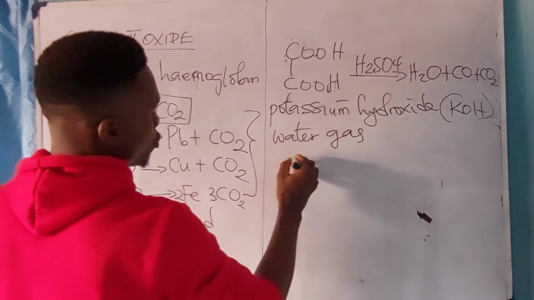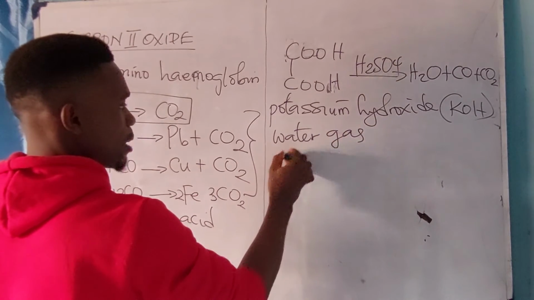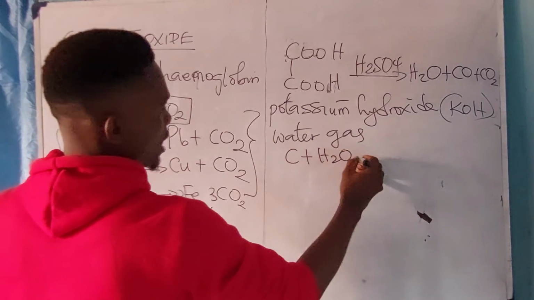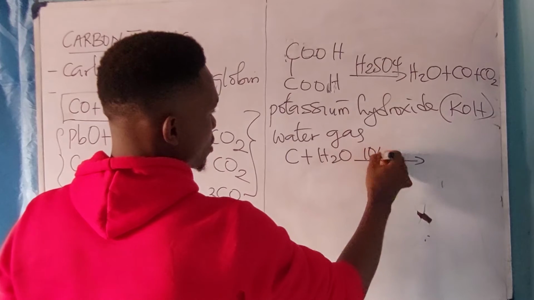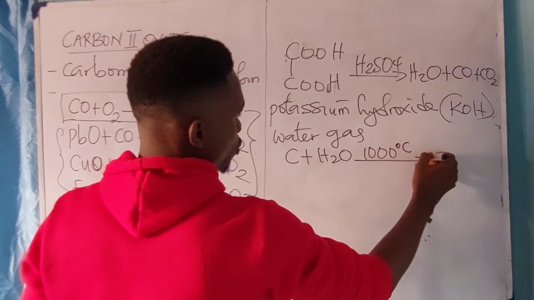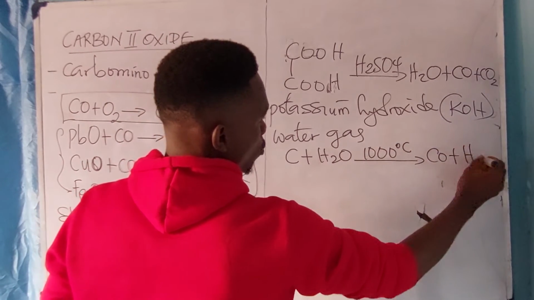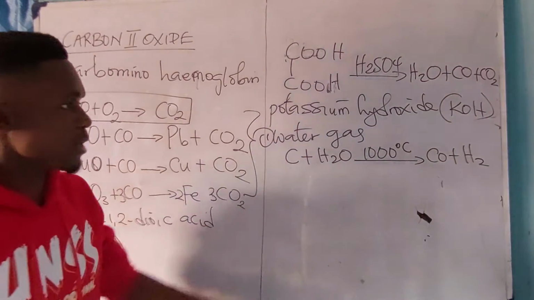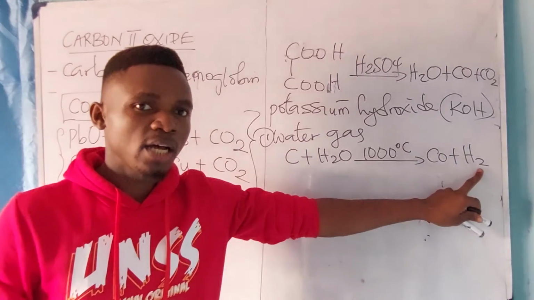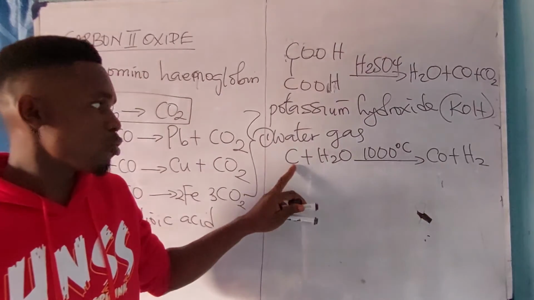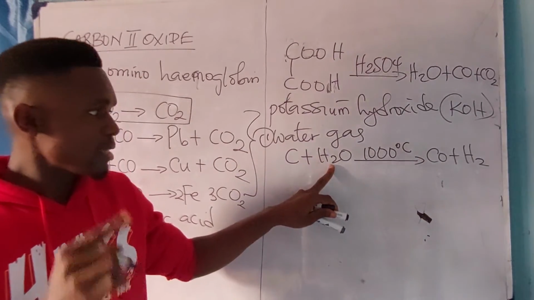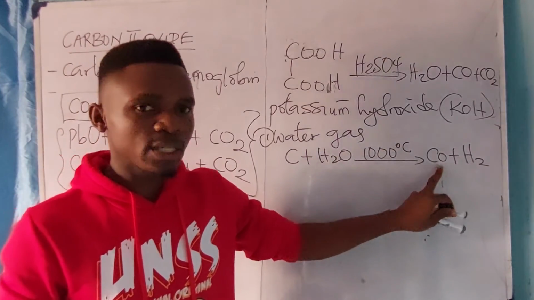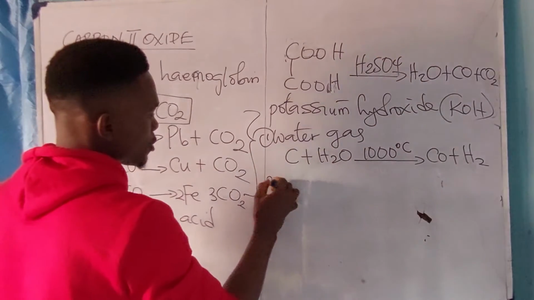This water gas is produced when coke reacts with steam at a temperature of 1000 degrees Celsius to produce carbon 2 oxide and hydrogen gas. Which means that water gas is made up of carbon 2 oxide and what? Hydrogen gas. Coke reacts with steam at 1000 degrees Celsius to produce carbon 2 oxide and what? Hydrogen gas. Then number 2 is